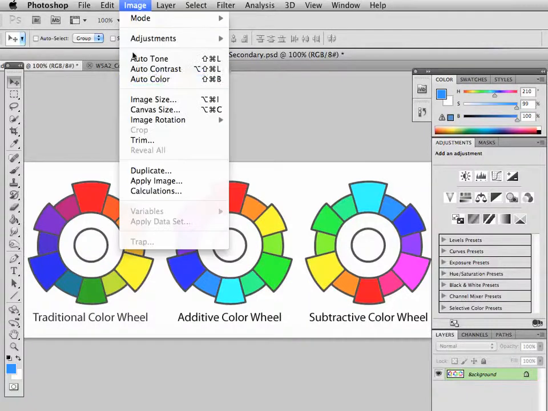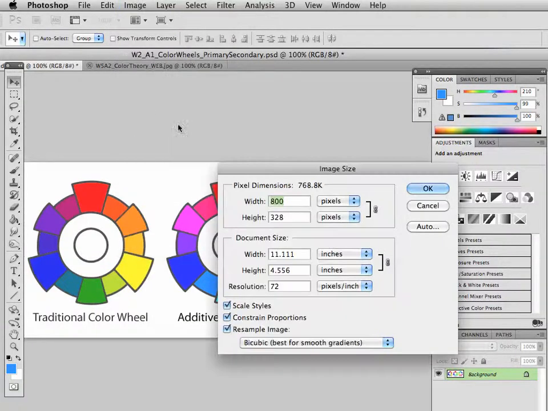Now the first thing I'm going to show you here is Image Size. If I look at the image size, my width is 800. My height is 328 pixels. I'm at 72 resolution. And notice this describes the size of the document in pixels, but notice that there's a lock, okay? Now, if I unclick this and I change this, say I change this to 1,000,